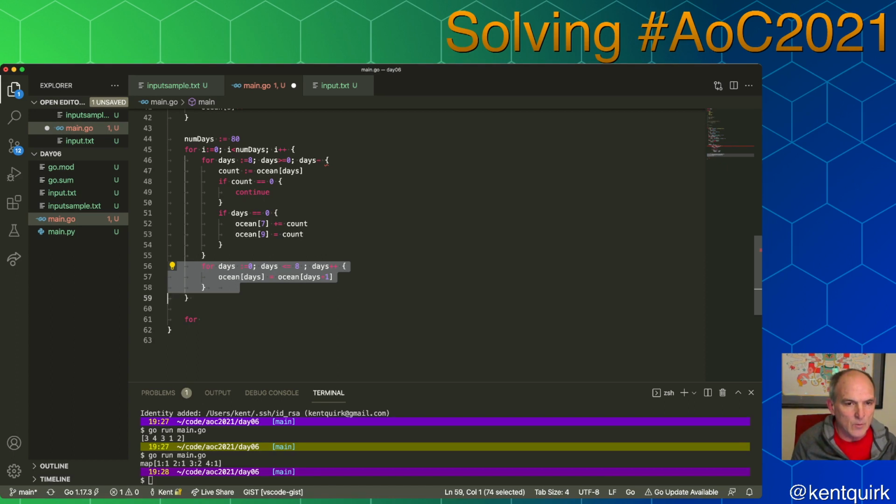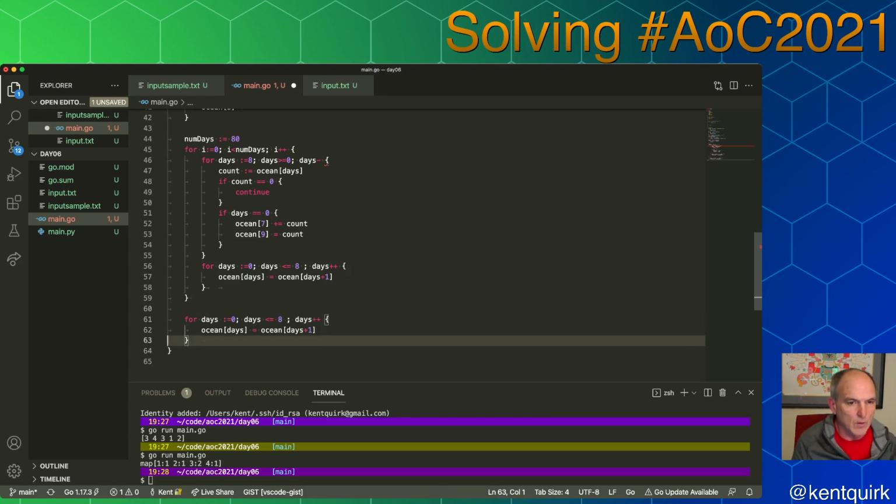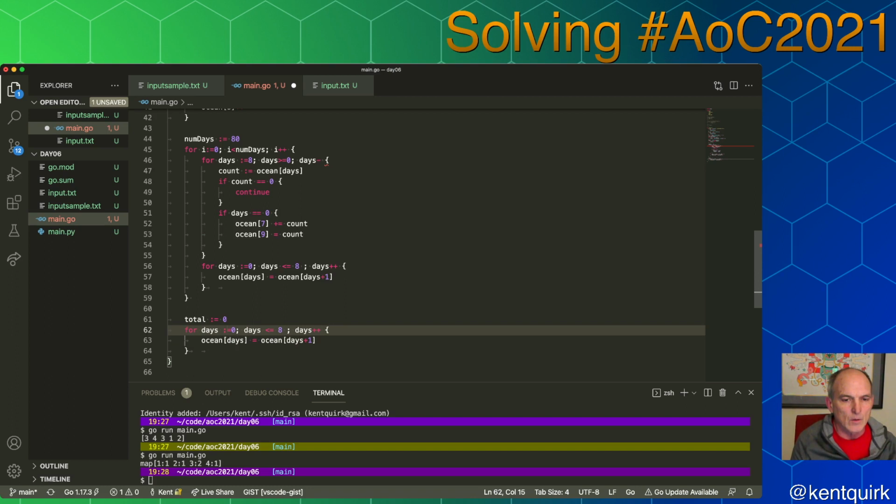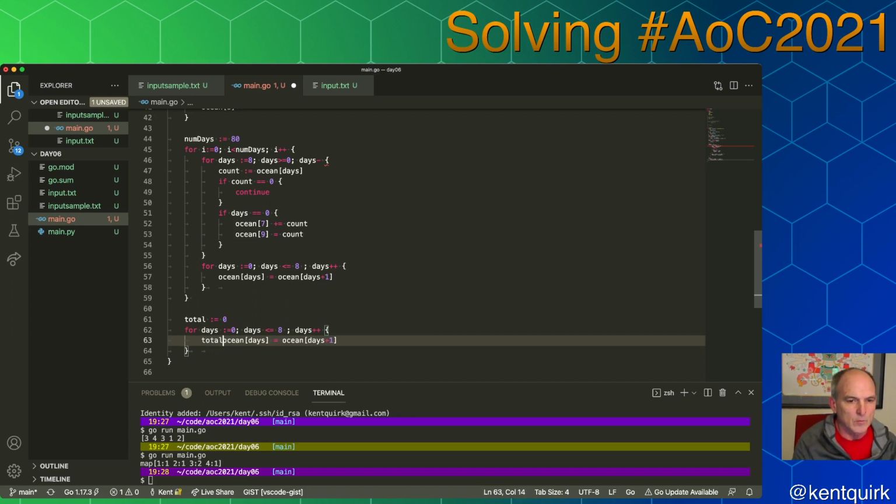Now, then outside the loop, total 0. And then we say total plus equals function of days